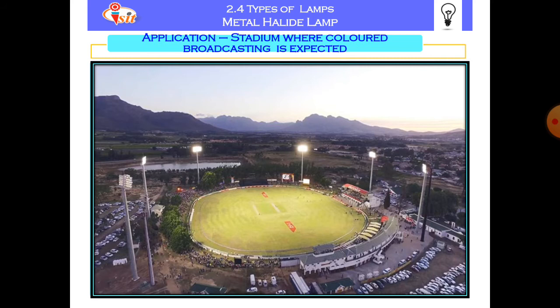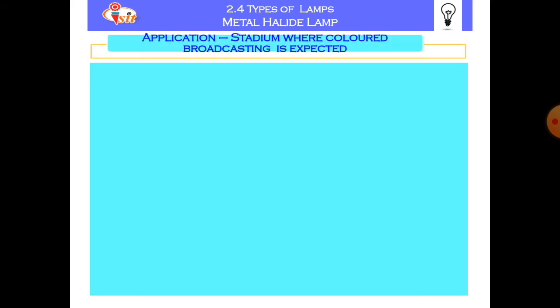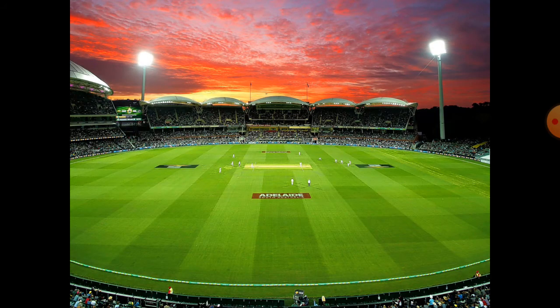Here a number of towers, 1, 2, 3, 4, 5, 6, 7 or 6 towers, are used to create a daylight effect on the stadium. So this kind of intensity level is used on the working plane, so it gives a daylight effect onto the ground, which is required to telecast or transmit for television sets.